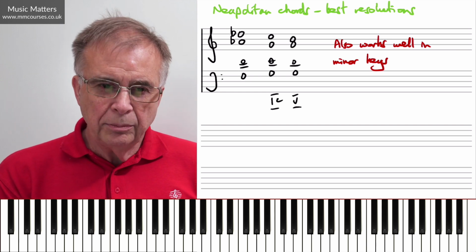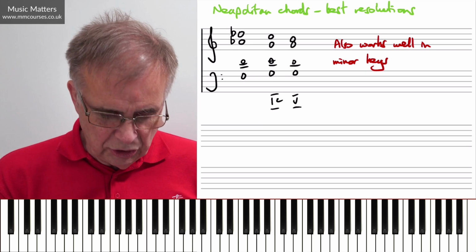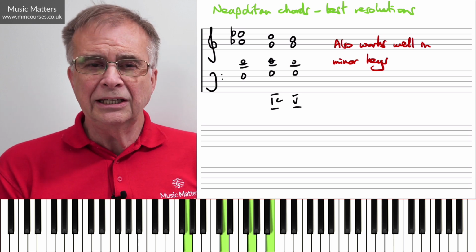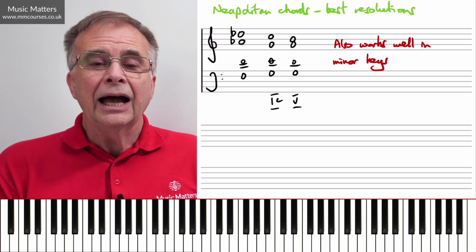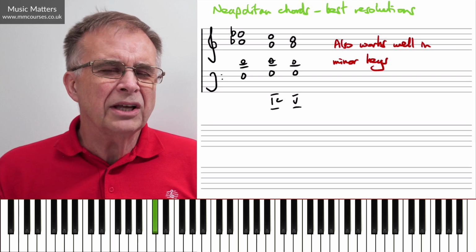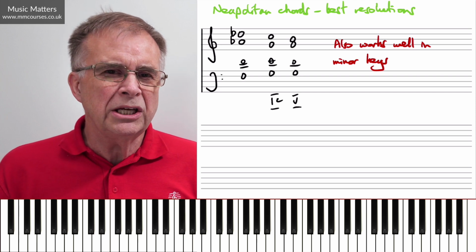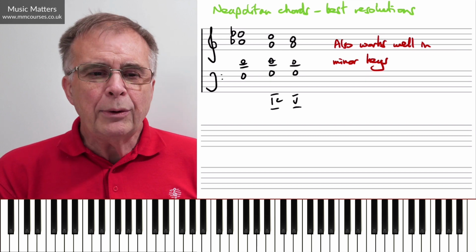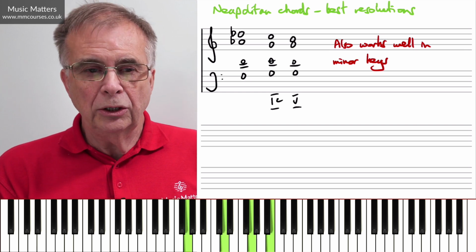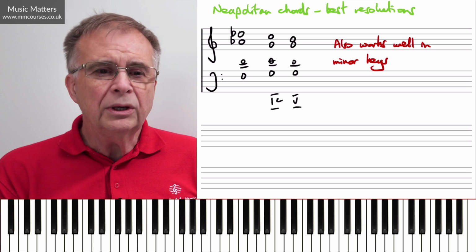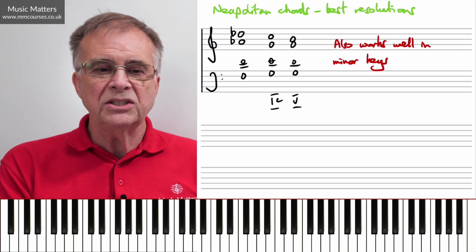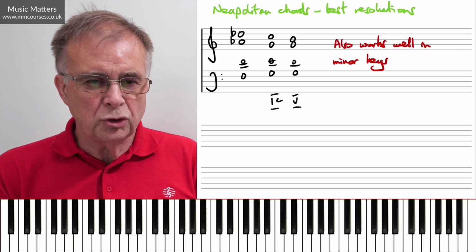So if I take this Neapolitan, or this major chord on flat 2, in root position, I get D flat in the bass. Then if I go to 5, G, so D flat, G, I mean, it can be very effective if you're wanting to create that kind of impact, but you hear what's going on. The bass is giving us a tritone, isn't it? So it's a bit awkward. However, if I put it in first inversion, then it's only going to step up to go to the dominant, isn't it? So as a predominant chord, it works well to go to the dominant, particularly when it's in first inversion, then you don't get that awkwardness of the tritone.